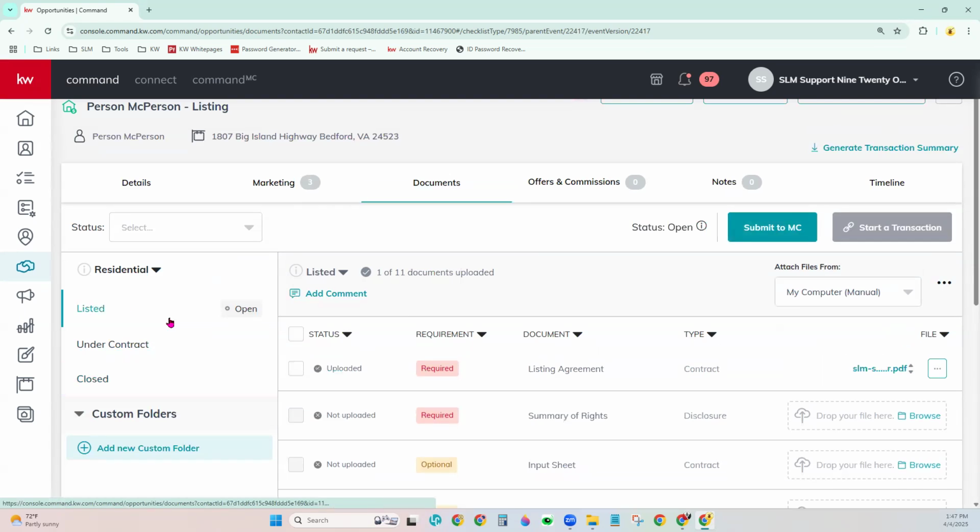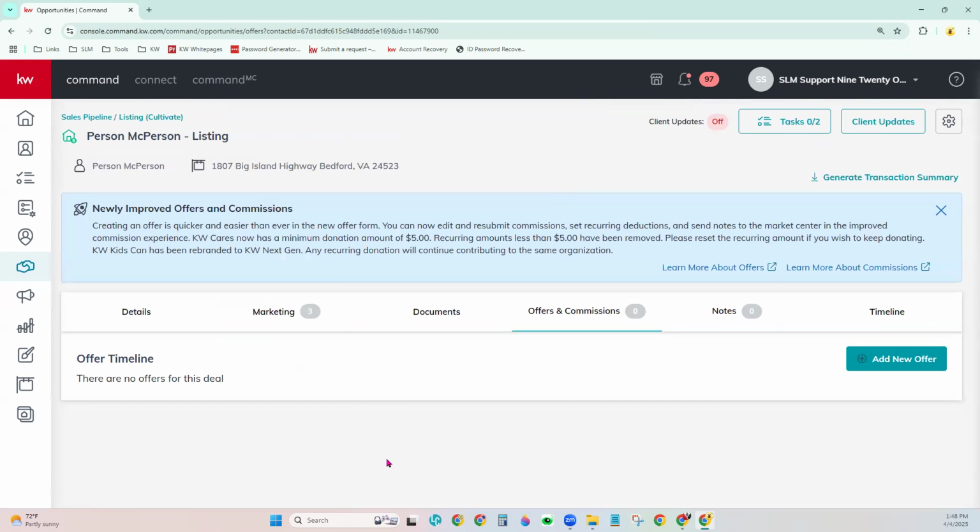So since we were just talking about sitting down at a listing appointment and you have those listing documents filled out, you've submitted to Market Center, it's come back approved, right? You're good to go with compliance. Then you get an offer on the property or your buyer is making an offer if it was a buyer's opportunity. You would come to your offers and commissions tab right here, and you can create that offer by adding